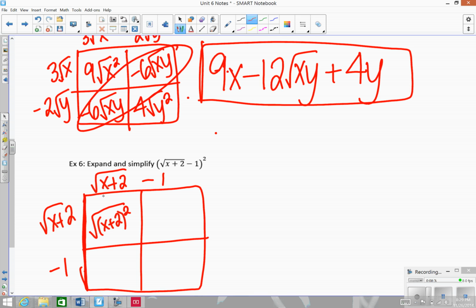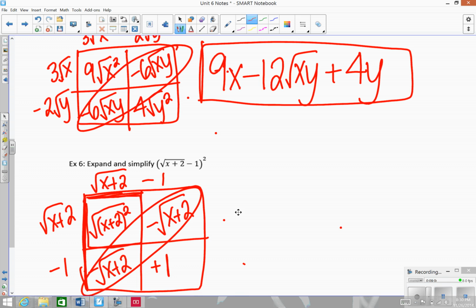Some of you might be able to just look at this and say if I'm multiplying a radical times a radical with the same thing underneath, this box here is really just going to be an x plus 2 because the square is going to cancel out with the square root. Then I go over here, I'm going to have a negative square root of x plus 2. Down here, negative square root of x plus 2. And then I'm going to have a plus 1 down here. So combine your like terms. I end up with an x plus 2